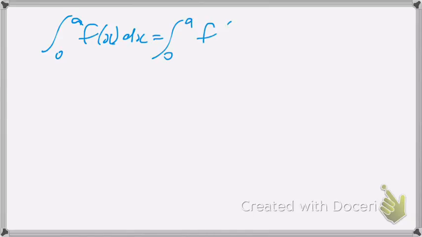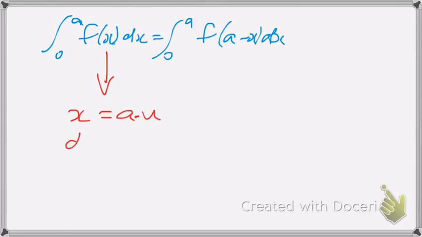The last one that I'm just going to write down, and then I'll explain why, is that the integral from 0 to a of f(x) dx is the same as the integral from 0 to a of f(a minus x) dx. And the way to prove that, we'll talk about what it means geometrically tomorrow, but it's not all that instructive. The way to prove it is to replace x with a minus u,